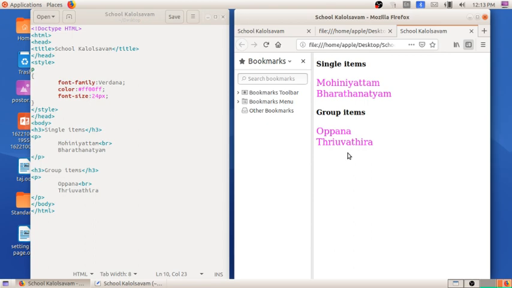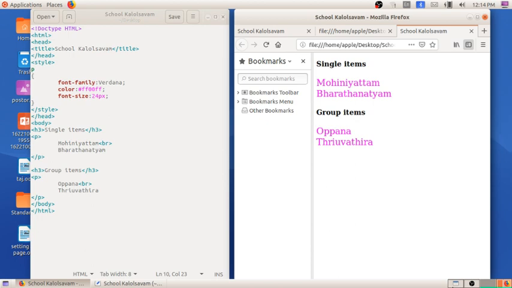So after watching the video you can write the observed changes. I hope it is clear to all of you. So in this way for contents we can apply the styles or cascading style. In cascading style sheet we can apply these styles to these contents. In the same way, in the next session we will be studying how to apply the styles to heading. In the next session I will be discussing that.